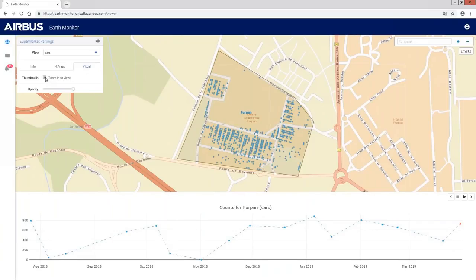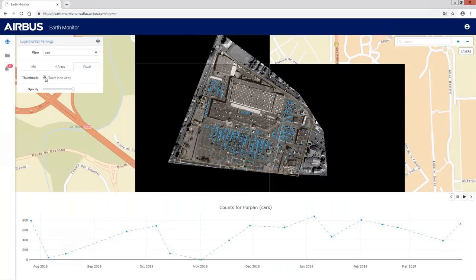And if I activate the image used by the tool to count cars, I can see indeed the number of cars. And if I play with the opacity indicator, I can see the cars. At the bottom, I can see a statistic line with several blue points.